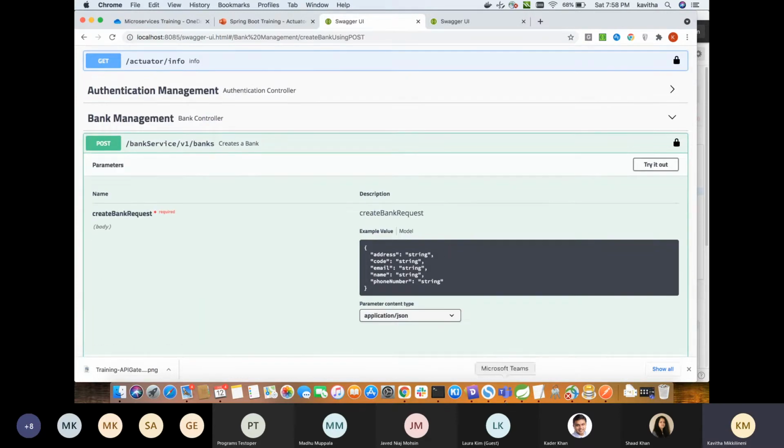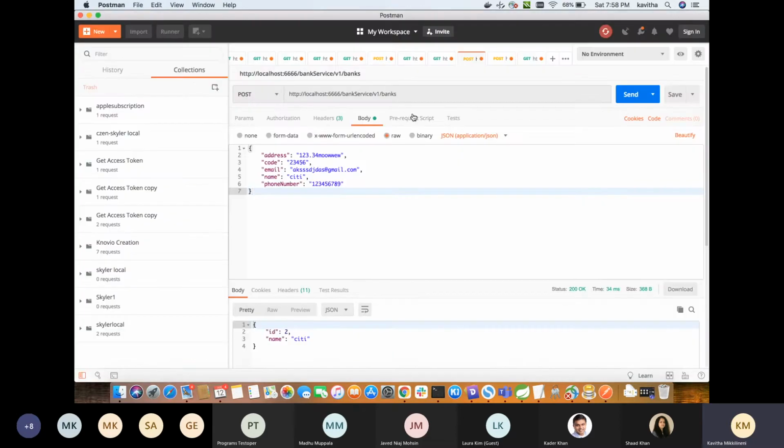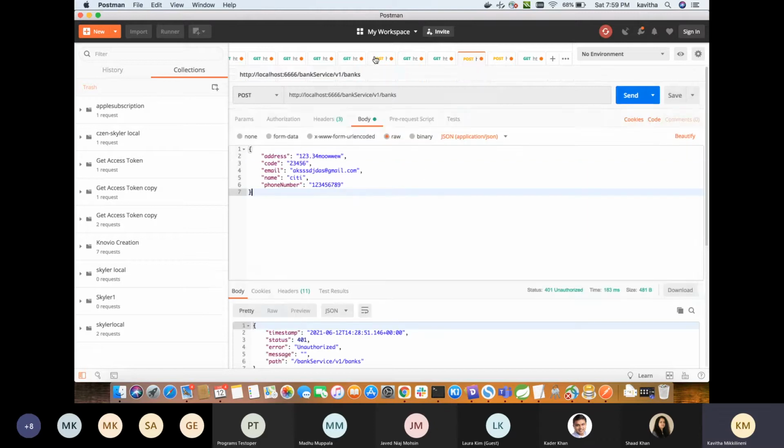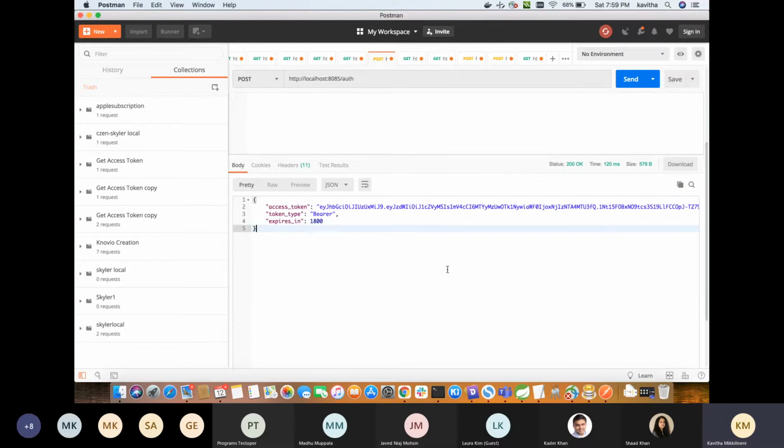If you are trying to create a bank here, internally it is calling the bank service, but the call has been routed through the API gateway service. We are not using the 8085 port for the bank service. Because the authentication token has expired, we'll just give an active authentication token.